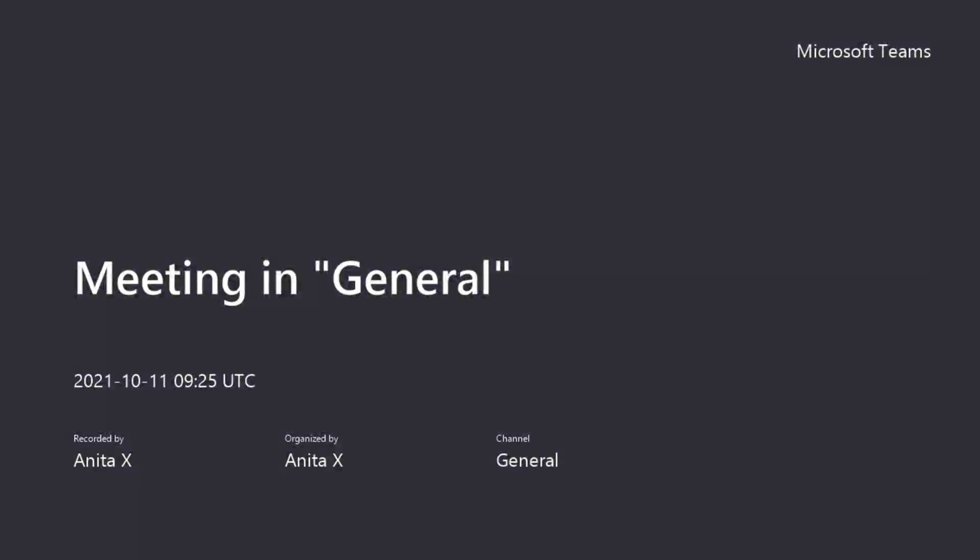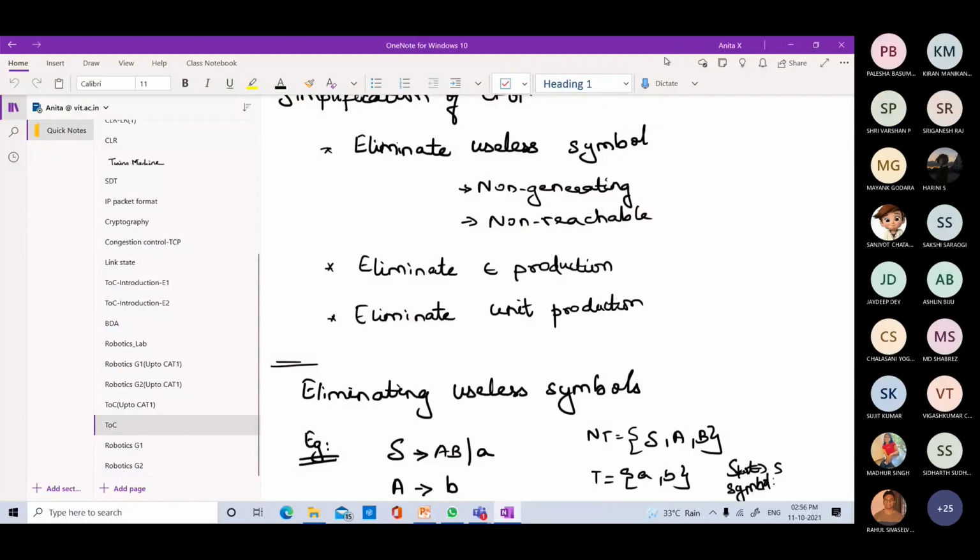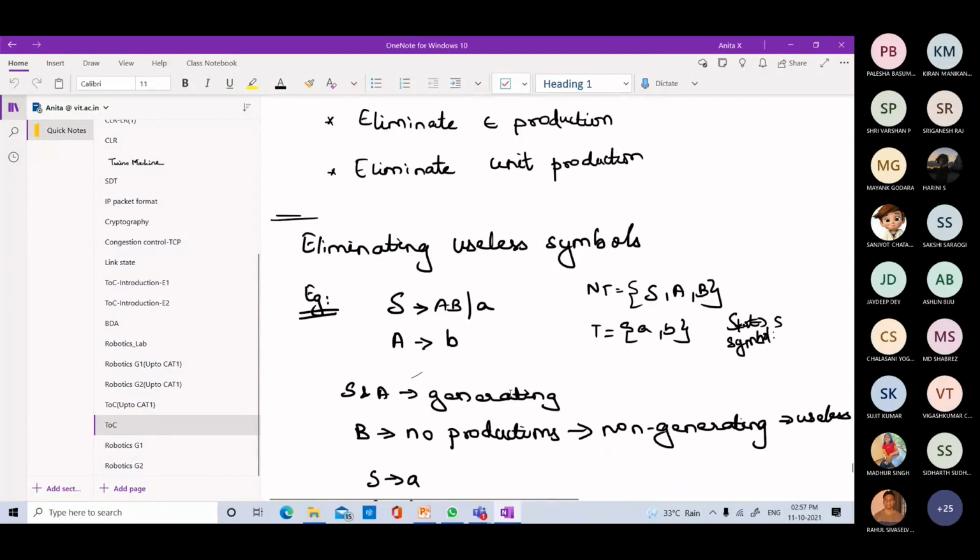Reachable symbols or the useful symbols. Generating in the sense each and every non-terminal should have productions. And then reachable in the sense each and every symbol should be reachable from the start symbol. Okay, so here you can see